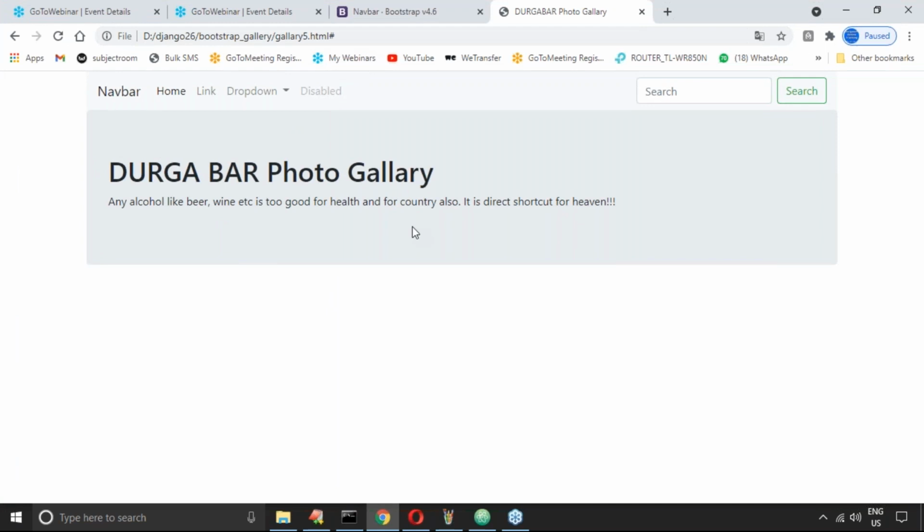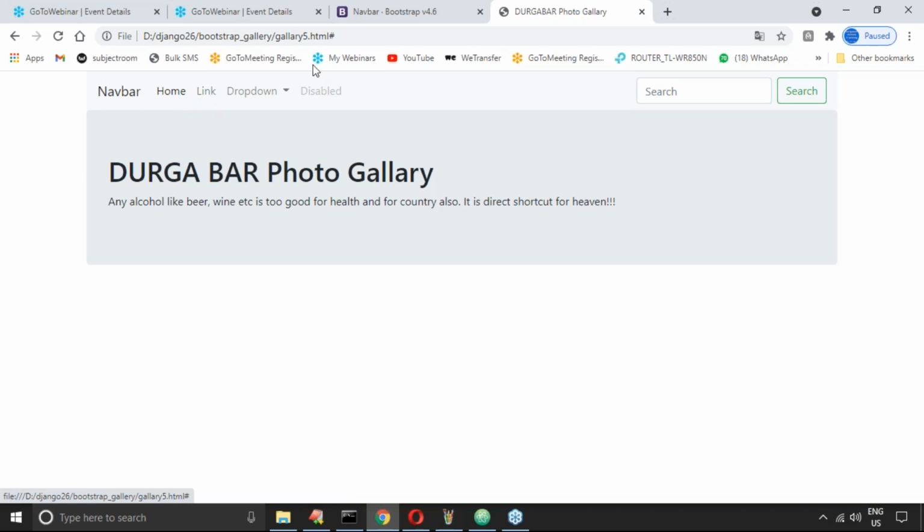Next, here my requirement is to take colors, very light ones. These are not my required things in the navbar. Let me add here Durga bar, not navbar, Durga bar, home. Next, there are some pages, and you can take some content.